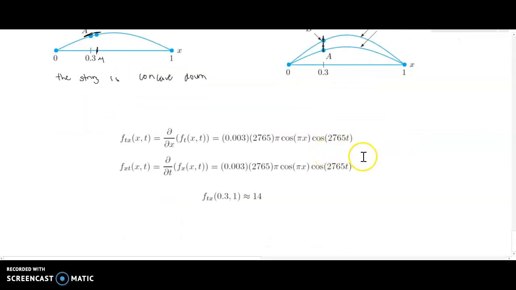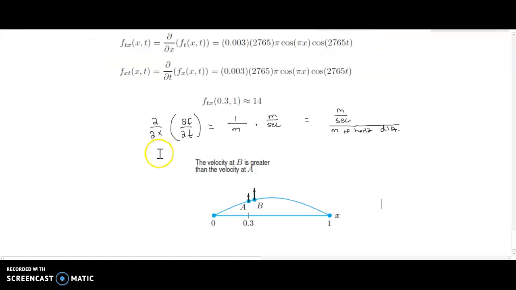Now the mixed partial, first of all, we notice that they're both the same. They both come out to the same value, and if I plug in x is 0.3 and t is 1, I get positive 14. Let's look at the units of that. So here I get the change in meters per second per meter. And I could write this as meters per second, that's how fast the string is oscillating, if I move over horizontally a little bit. So here the string is moving faster